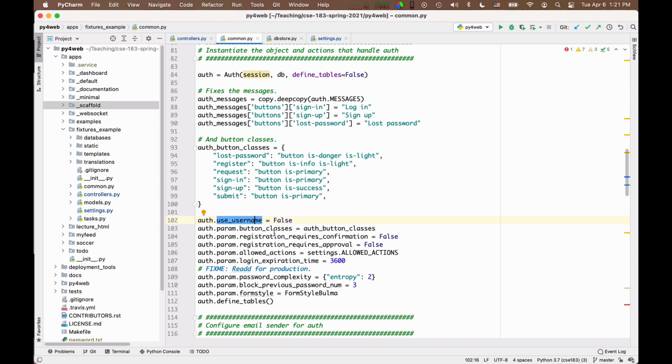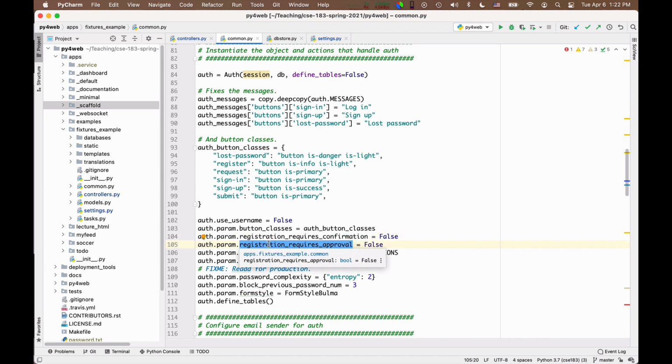For example, do you want registration to require confirmation? If you say yes, you have to have a means of sending email, and an email is sent to the owner of the account, or an email or an SMS if you connect with Twilio, for instance. And at that point, they need to click on the email to confirm that they own the email account before they can log in. Registration requires approval.